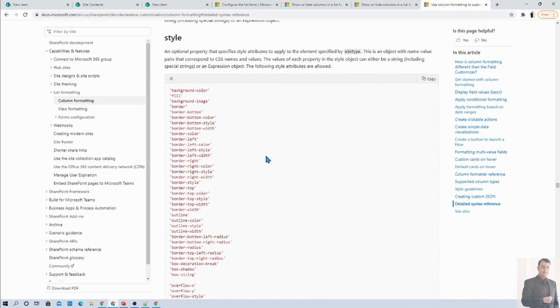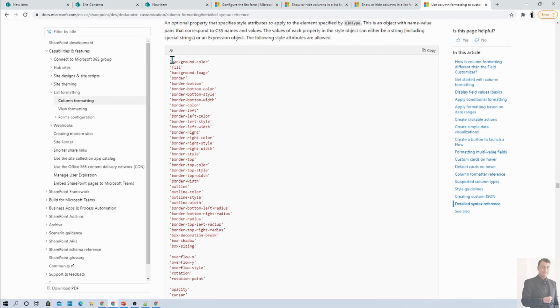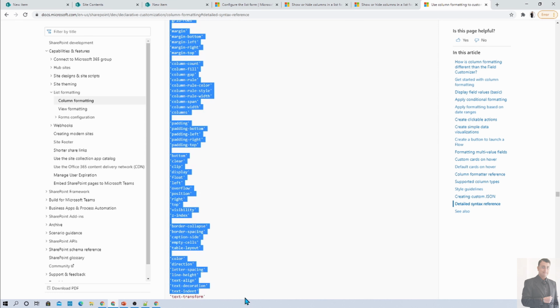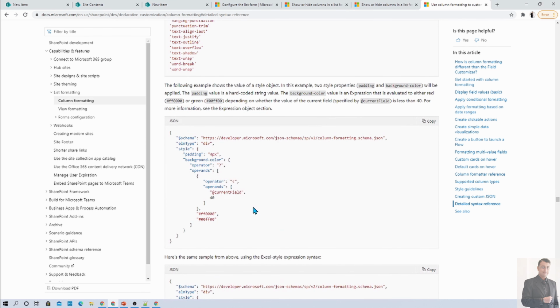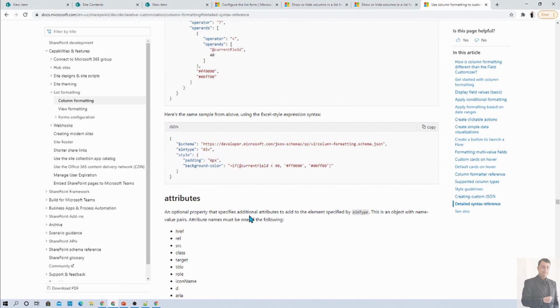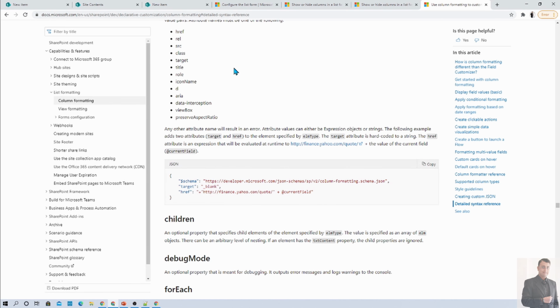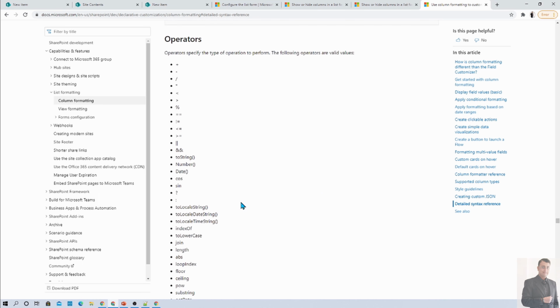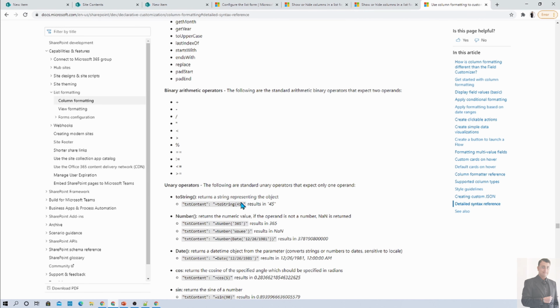If we talk about the different styles that we have added into our JSON, this many styles are supported. The entire documentation is provided over here like this. You can use different operators as well as attributes. All the information is provided in this particular link.